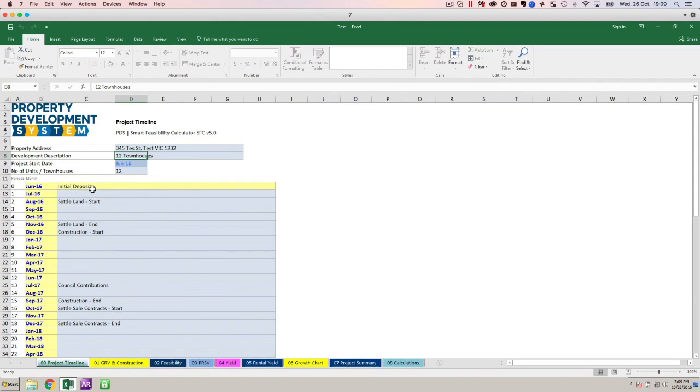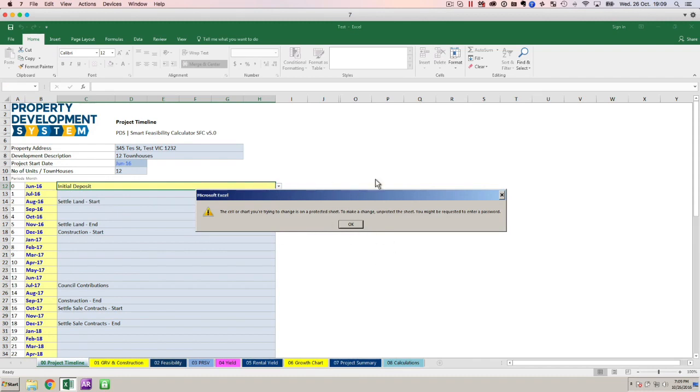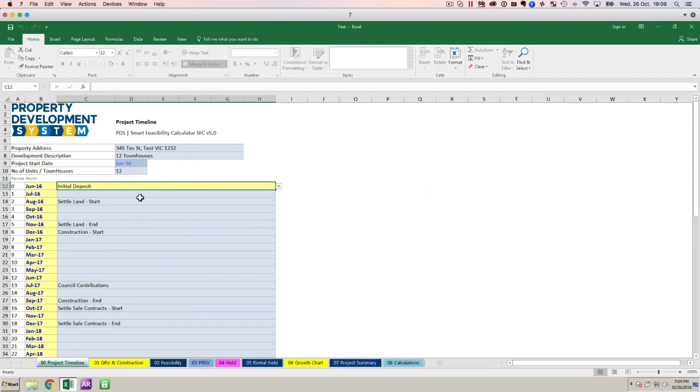When you go to project timeline, you can't really change this portion, although it gives you a drop down. If you select on it, it'll say you're not allowed to do it because I disabled it. The reason is the initial deposit is when you haven't really signed the contract or you've given a little bit of deposit, like a holding deposit. But I've made it mandatory and left it there because it calculates the time period from that initial deposit